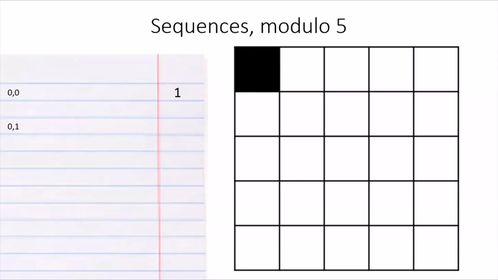Now we can also start a sequence of 0, 1, and let's see how modulo 5 addition works. 0 plus 1 is 1, 1 plus 1 is 2, 1 plus 2 is 3, 2 plus 3 is 0, because modulo 5 means treat 5 like it's 0. And since 2 plus 3 is 5, we call it 0. The biggest number we're going to see here will be a 4. So 3 plus 0 is 3, and 3 plus 3